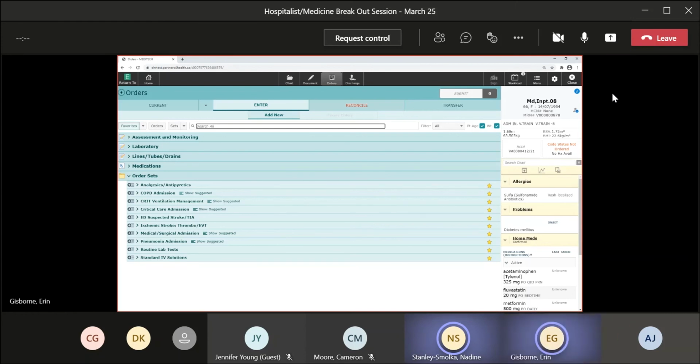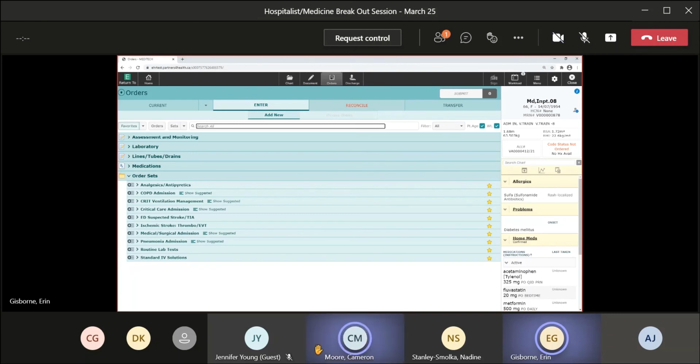Everyone is quiet. It's so quiet. It's a lot of information at once, especially if this is the first time you're seeing the system. So I know it can be overwhelming, but if there's anything you want to see or anything that you've been working on, if you helped with any of the order sets,